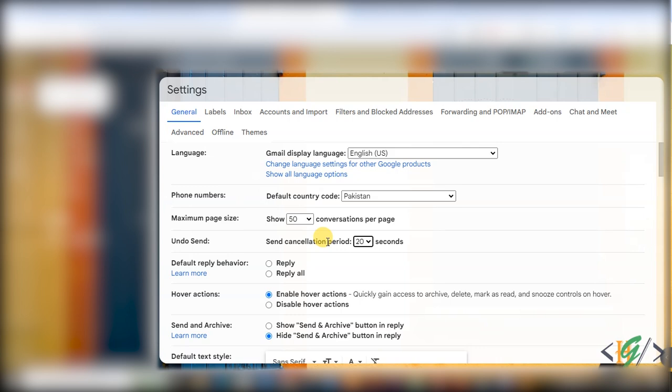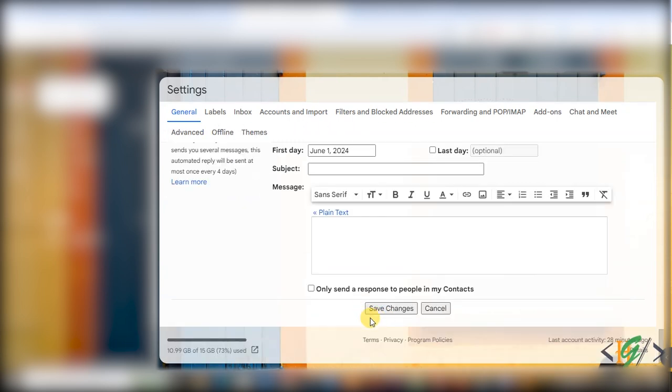So when you send a new email, you see the option to undo send after sending the email. After 5 seconds that option will disappear. So if we set 20 seconds, that option will show for up to 20 seconds after sending the email. Then scroll down and click on Save changes, and your changes will be saved. So it's up to you, you can set the time